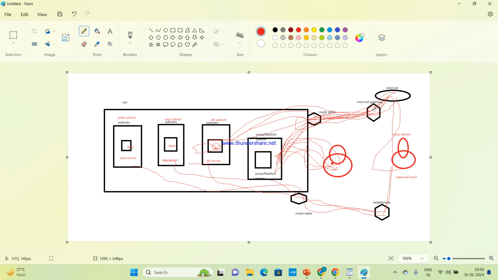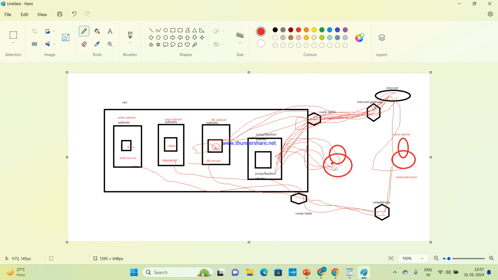Yes or no? Okay, ma'am. And why create a jump subnet or jump server? To protect the data from the hackers. This server will be empty. There will be no data in this.